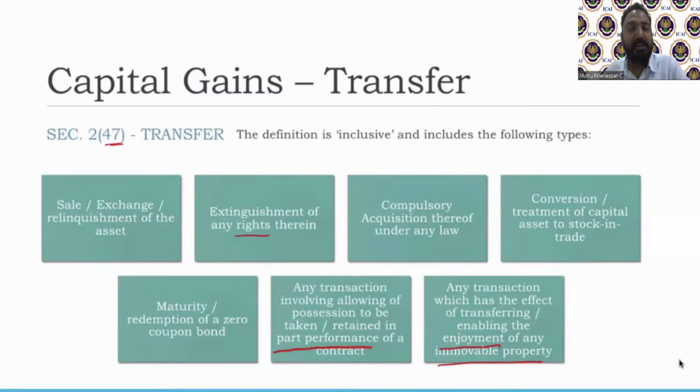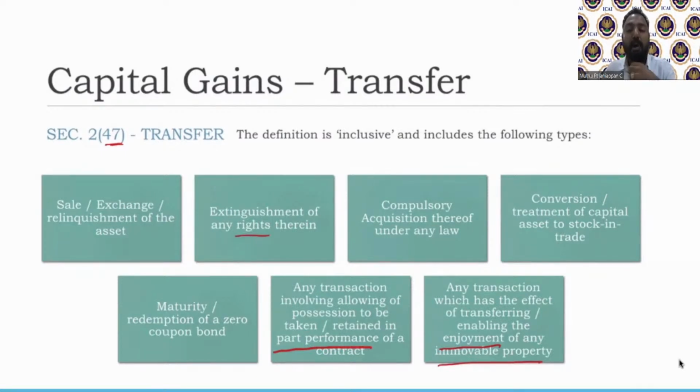So typically, any form of movement from one person to another, by means of sale, by means of giving rights, whatever the mode, will be called a transfer. It is so wide. If you see the definition, it is so wide that almost anything and everything moving from one person to another, not just the property ownership, even the rights, not voluntary, even forced, is a transfer.